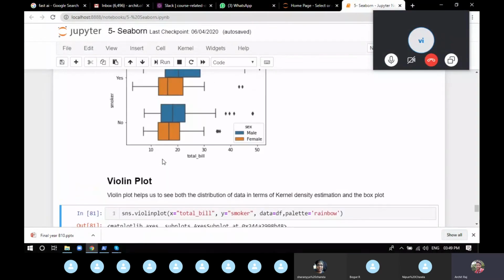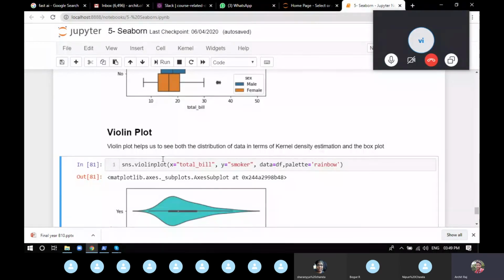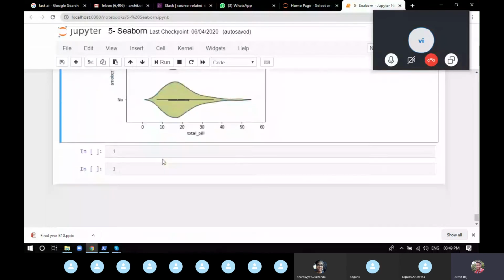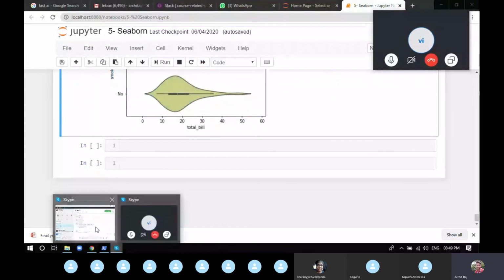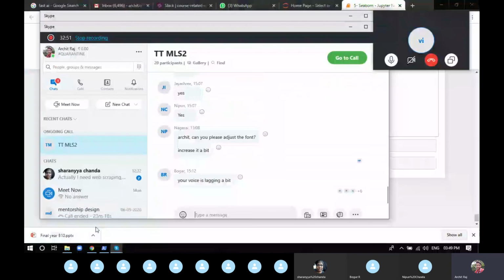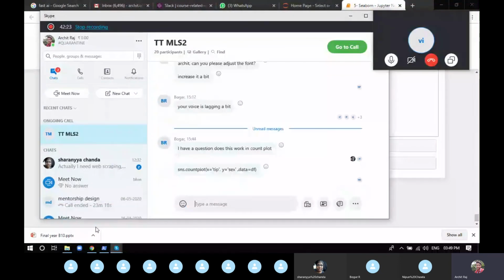I have a question. Okay, so I have a question. Seaborn count plot, why sns.countplot x tip y tip data? Okay, as you write, I'll